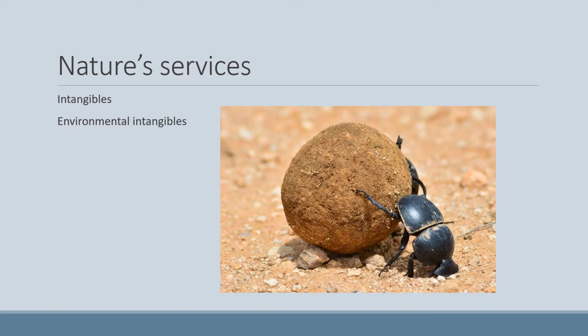Human impacts on nature's services are not easily turned into commodities and are difficult to quantify in economic terms. So here we have our dung beetle on the screen. They help cycle nutrients in the soil when they bury the dung or carrion. By removing the dung, they prevent populations of parasitic flies from breeding in the fresh droppings of mammals. They roll and dig a tunnel through the soil, which increases porosity, or the space between our soil particles. We'll talk lots about that when we get to soils, and percolation, so how well water moves through it.